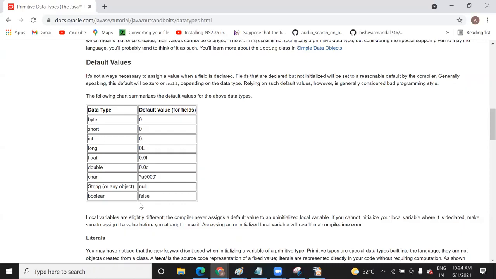And why is it always false? Because somewhere you want to prevent something from being run. Suppose you write a while condition. I made one program where I have written like this. Let me show you.